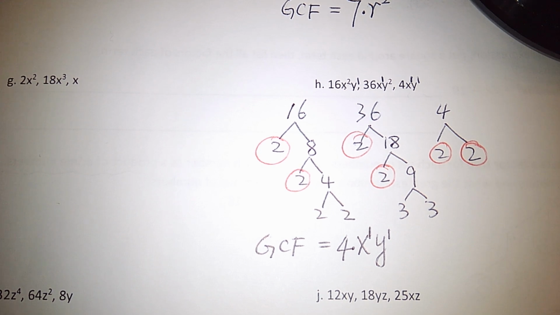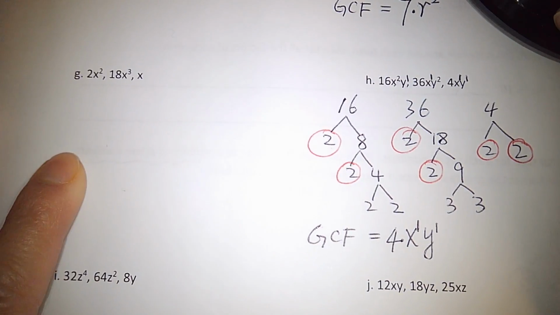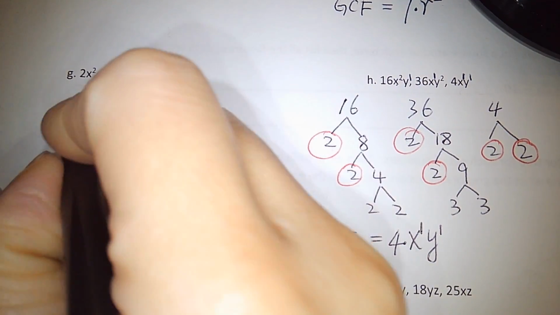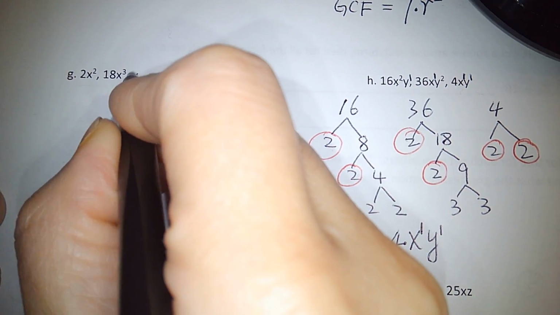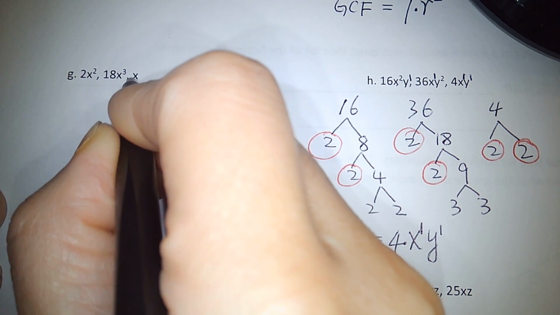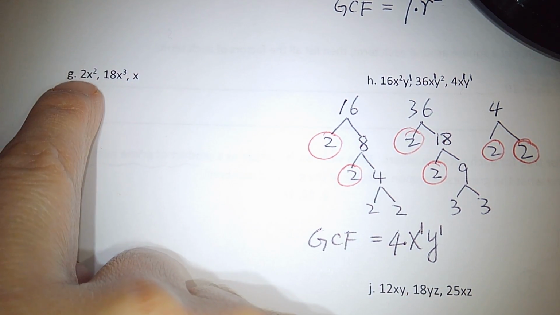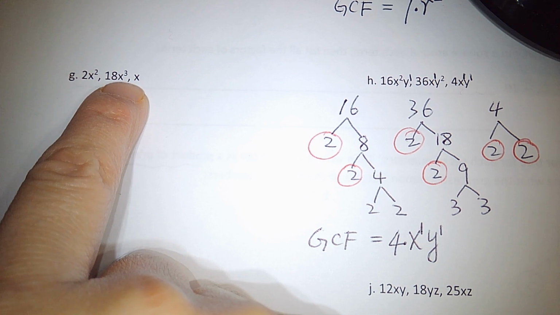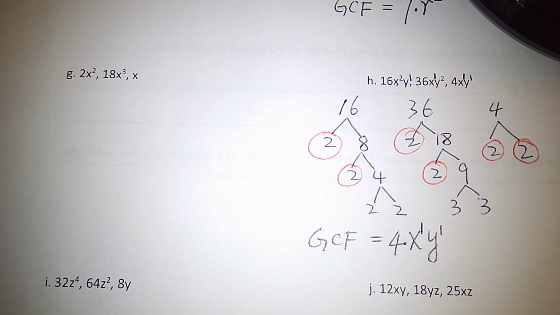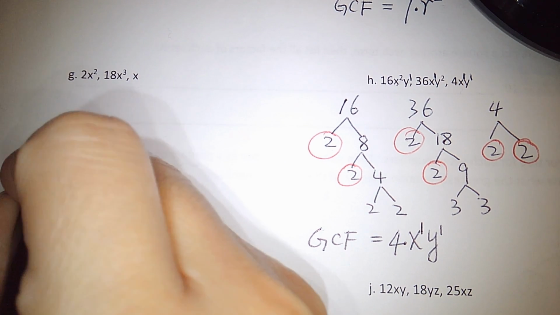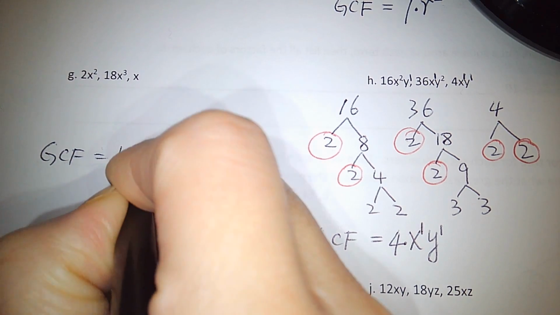I got a question for G. Number G, right? Since there's 2x and then an x and then 18, what is the greatest common factor for these three numbers? 2, 18, and 1. Just 1, right? So the GCF is 1 times by,